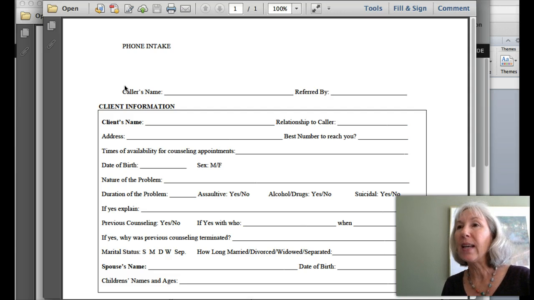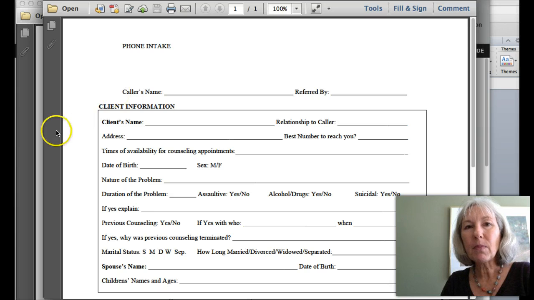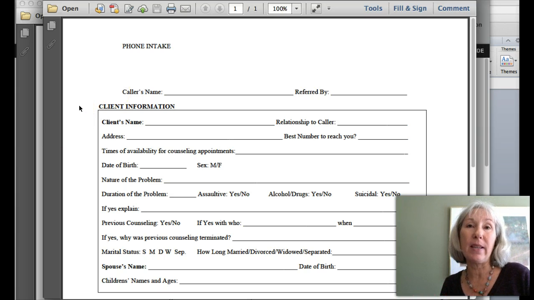Okay, let's get started. There are 6 forms I'm going to go over with you today that are in this kit. The first one is the phone intake. The next one is the biopsychosocial. There is an information and consent form, a release of information, insurance and personal information, and an intake assessment. The first form I want to show you is the phone intake, because this is where it begins.